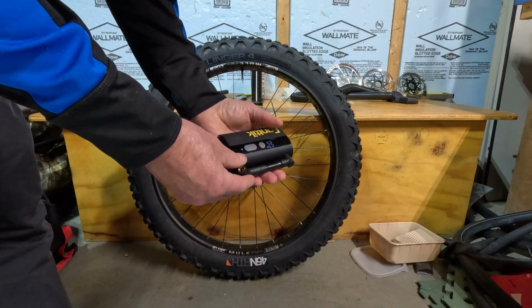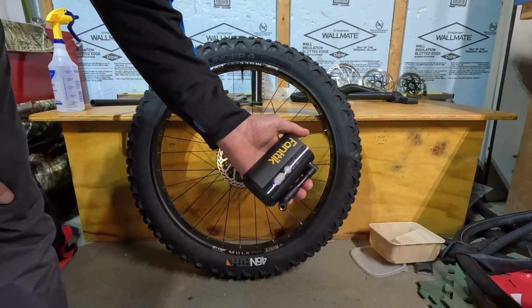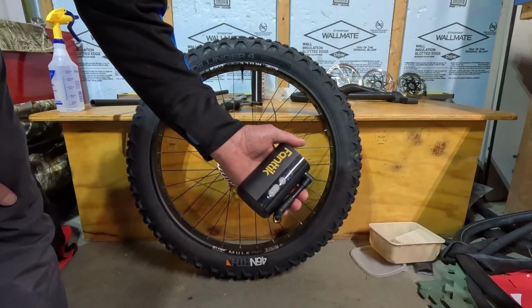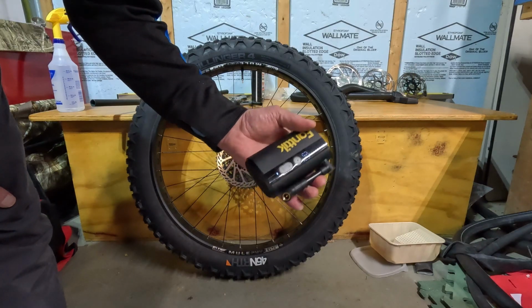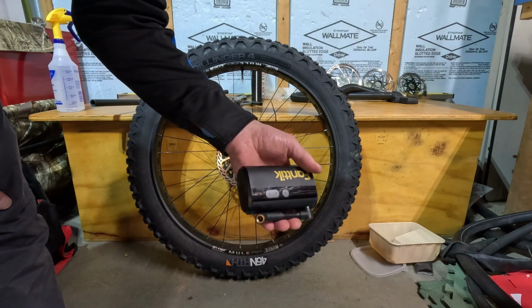I kind of love this pump. The other day I took it on my fat bike because I was playing with air pressure. I let way too much out, and I was able to, while I was out on the trail, blow up the tire, and that was at 14 degrees outside. Using this was pretty damn convenient, and compared to taking a floor pump, I can put this in a bag